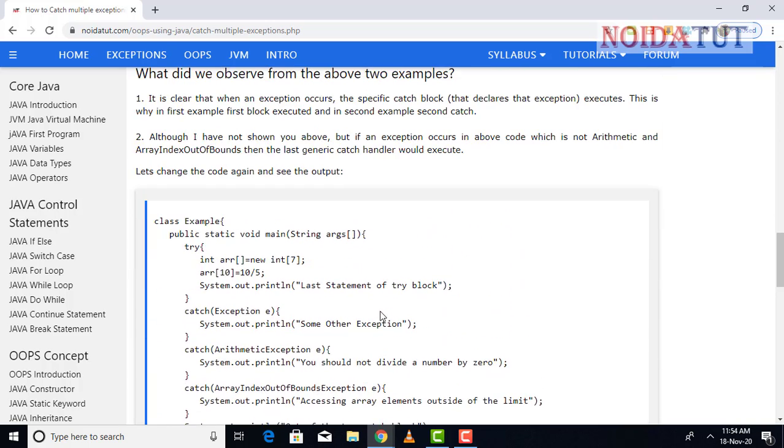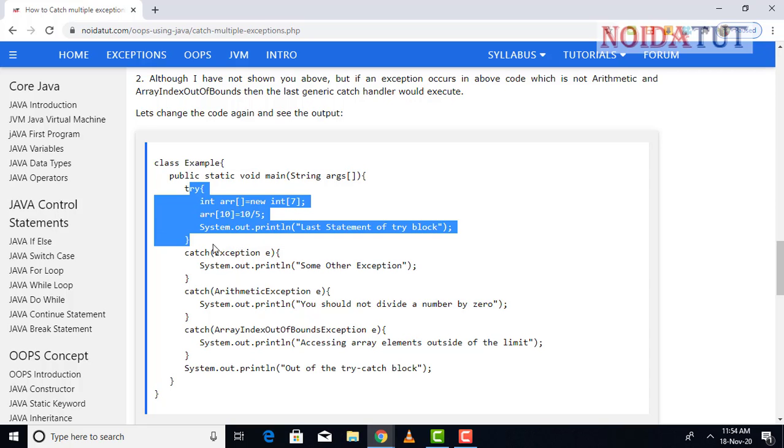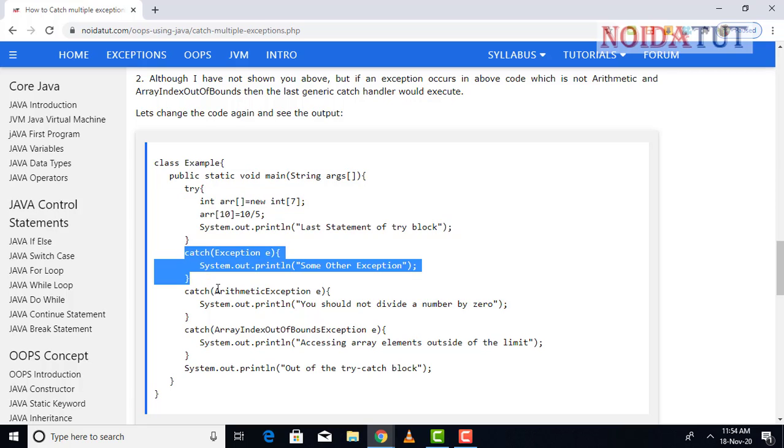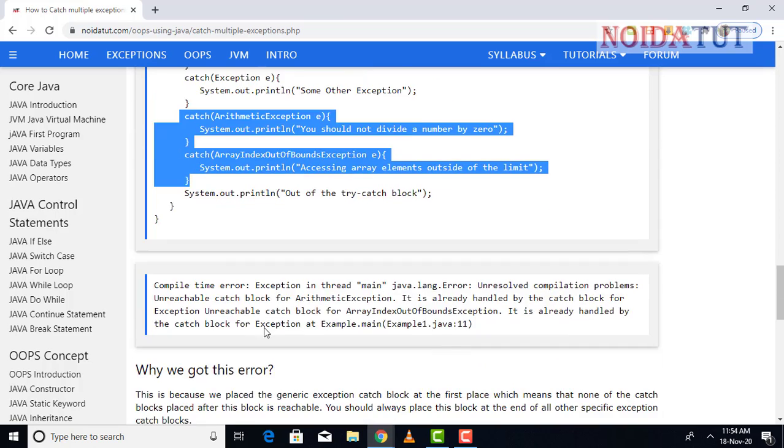Now you can see that just after this, the system is going to read this, and there was an error. It is going to read this line, and this set of code seems to be unreachable. That means there will never be a situation in the program where these two sets of code will be executed. So we get a compilation error, a compile time error.